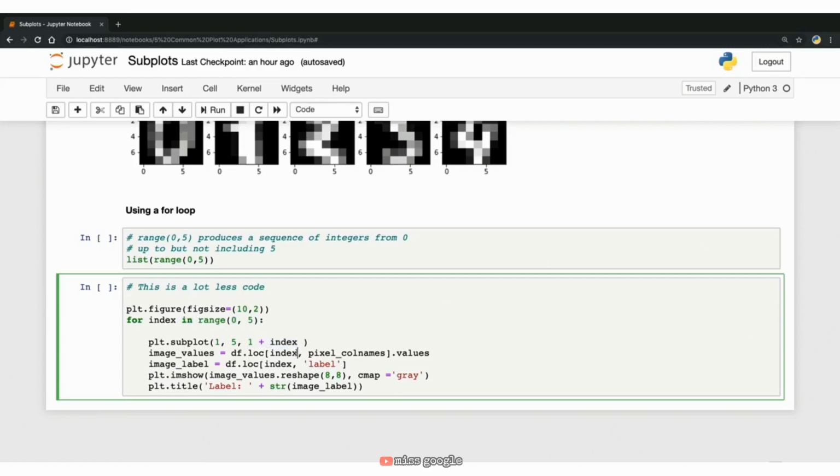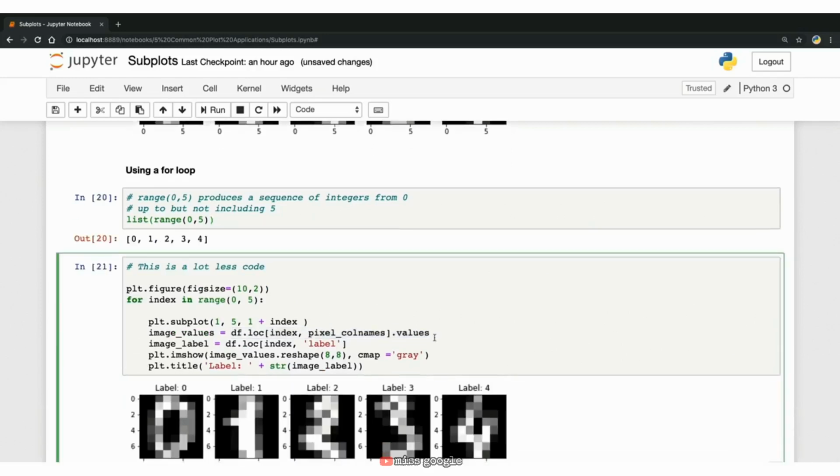What this next code is doing is it's saying that we want all the pixel intensity values for the row with the index label of 0. In the next iteration of the loop, we're taking 1 and we're temporarily assigning it to the variable index. We're doing 1 plus 1, which is 2, which is saying that this is the second subplot. And what this next bit of code is doing is it's saying that we want all the pixel intensity values for the index label of 1. A similar process happens for the rest of the for loop. As you see here,